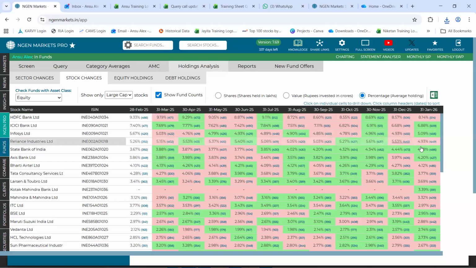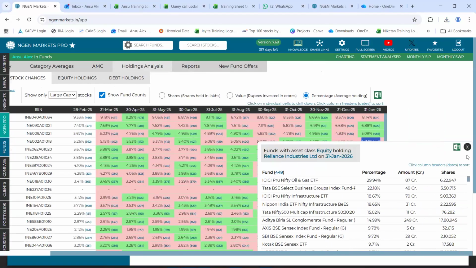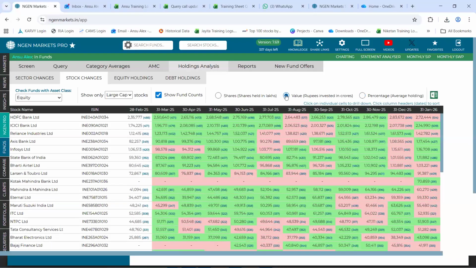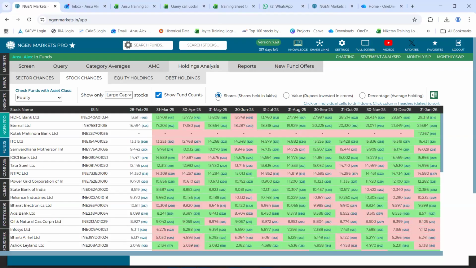Now, this statistics that you're looking across is currently on the basis of average holding, that is on a percentage level. You can view it also in terms of changes in values, which we are showing anytime in terms of crores. And not just that, but also in terms of shares in lakhs.